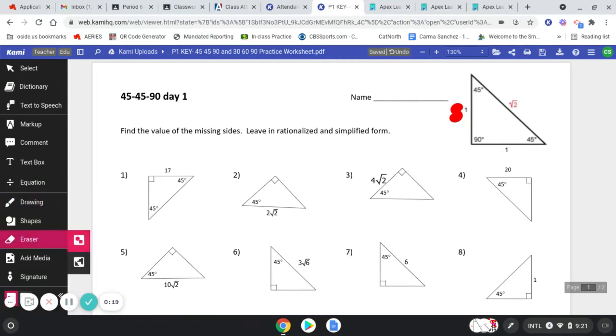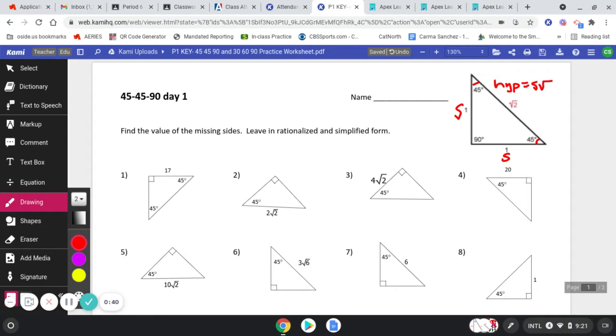Notice that this side length is going to be equal to this side length. It's technically an isosceles triangle because we have two equal angles and two equal sides. So whatever value this side length has, those two sides are equal. Then this hypotenuse is going to be equal to that side length times root 2. So they have a 1 to root 2 ratio or relationship. So we just need to find the side length, and then we can get the hypotenuse by throwing a root